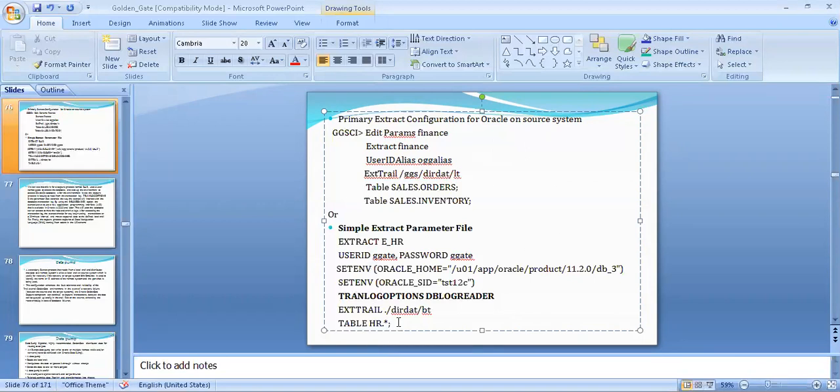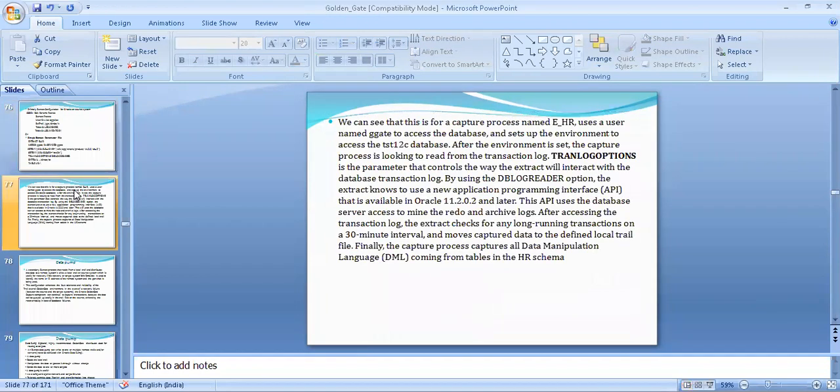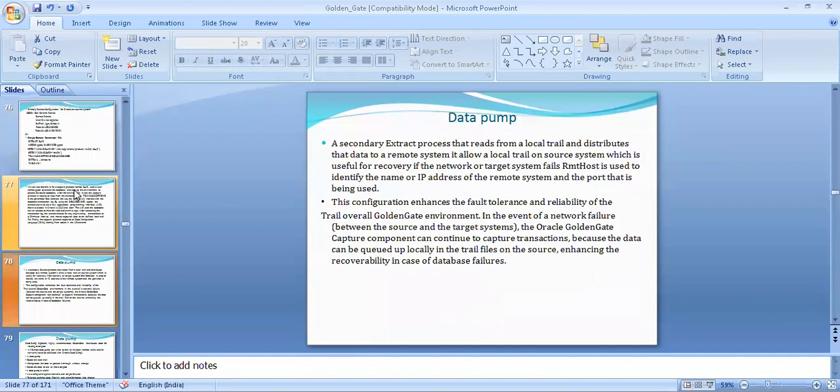The same trail file location we are giving here, and in this example we are replicating at schema level. So these are the basic parameters for the extract process. In the extract process, we mention what tables or schema need to be replicated.